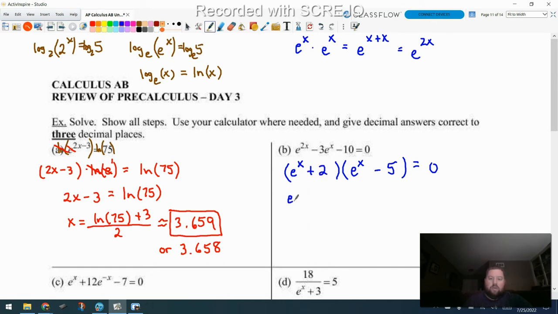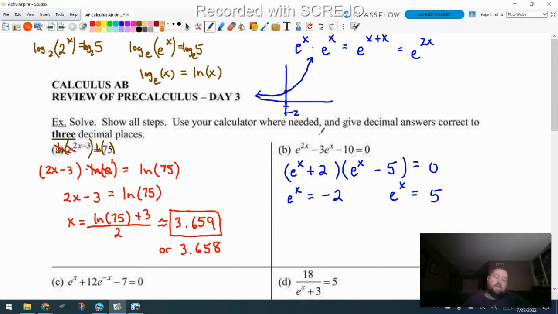And so we end up with e to the x equals negative 2. Subtract the 2 over, and e to the x is equal to 5. The e to the x function is always positive. So it crosses here at 0, 1, and it goes like that. So it's impossible for e to the x to be equal to negative 2, which would be down here, right